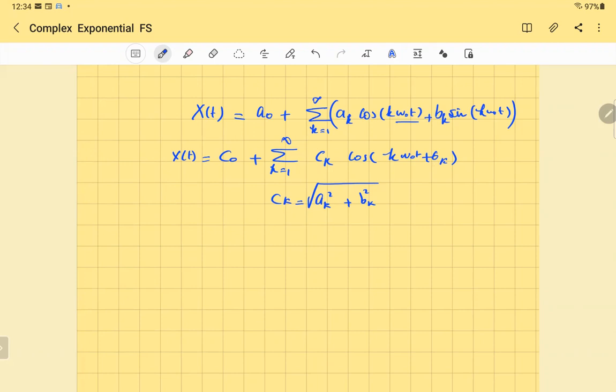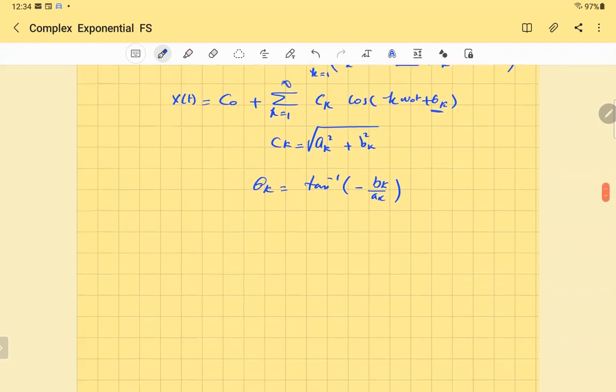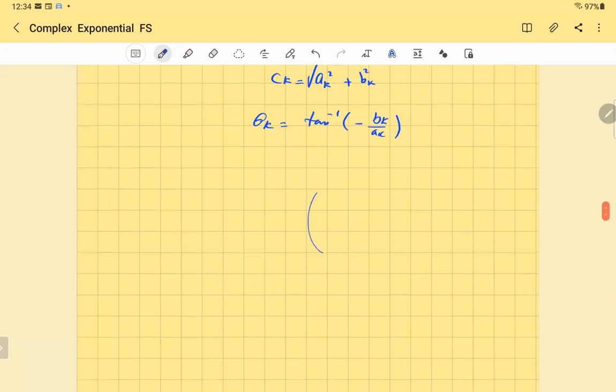And then you need to find theta k. We said that theta k is equal to tan inverse of negative bk over ak. But I said you have to be careful whether ak is positive or negative. If a is positive, leave it like that. If a is negative, you add pi. Why? I don't want you to just memorize things. Look at the unit circle. And when you multiply by negative b over a,